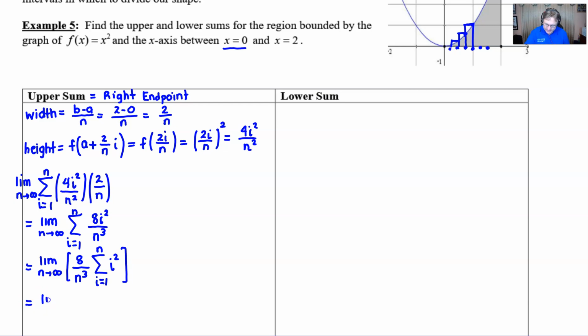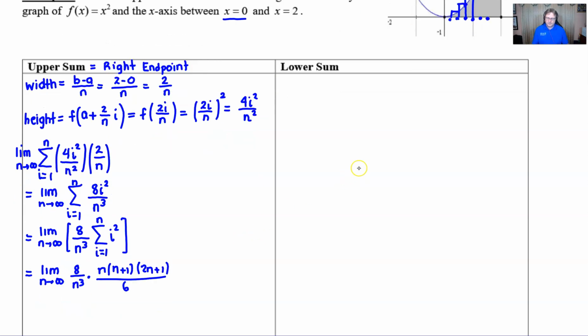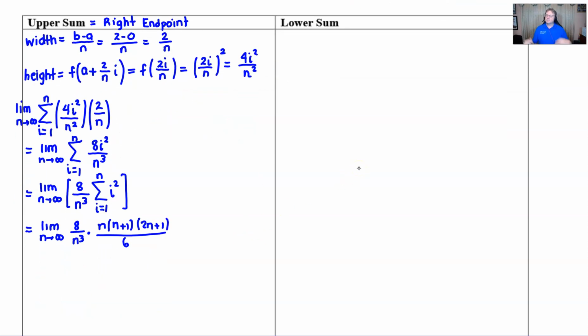Now at this stage, again, I draw your attention back to the beginning of the notes where we talked about summation formulas for various things like i and i squared. Well, you're going to be able to use one of those at this point. And the summation formula for i squared happens to go n times n plus 1 times 2n plus 1, all divided by 6. And here we go. We now have an expression that if you can take the limit for, you are going to get the correct answer. Now to take this limit,